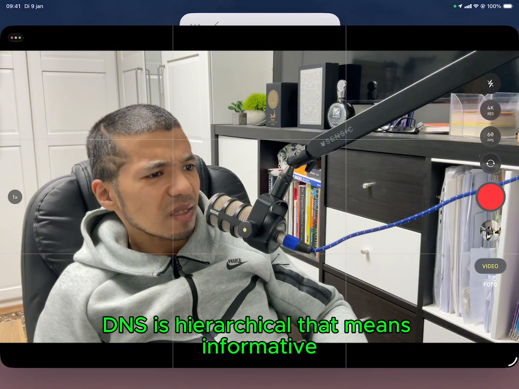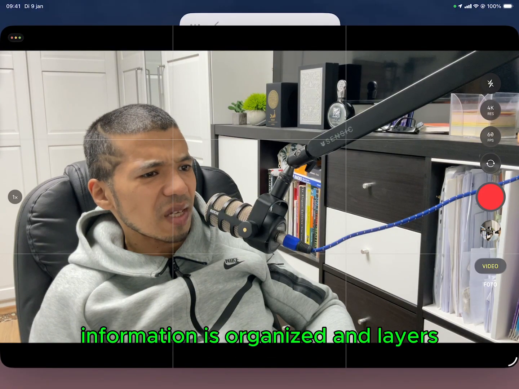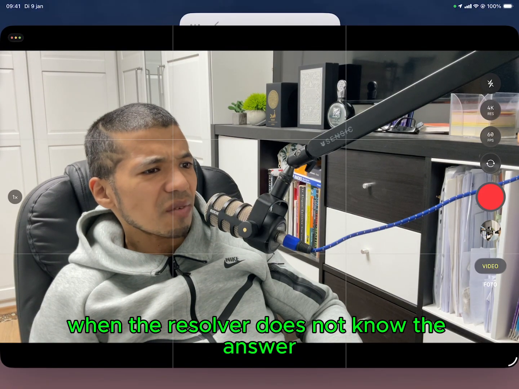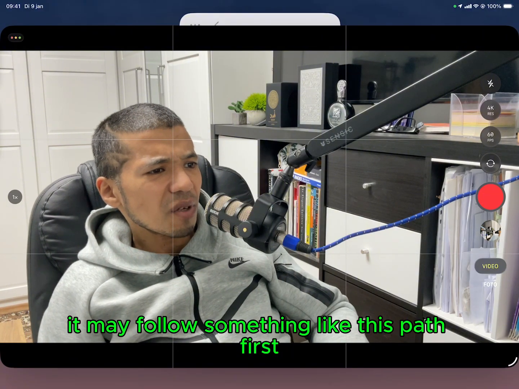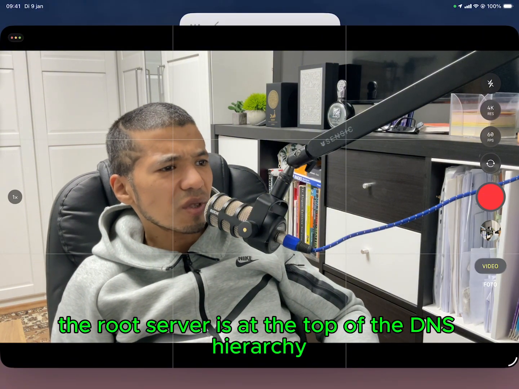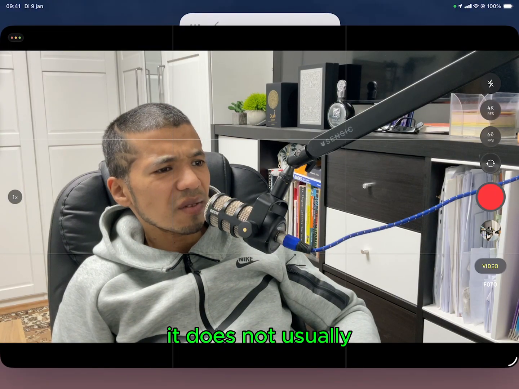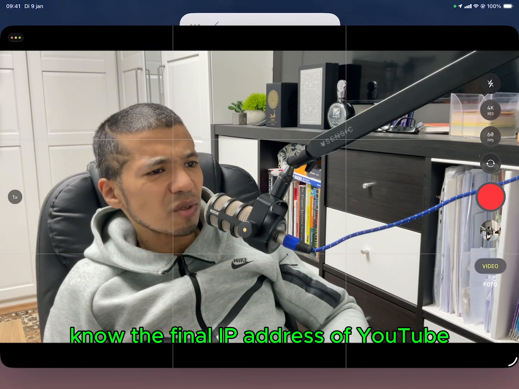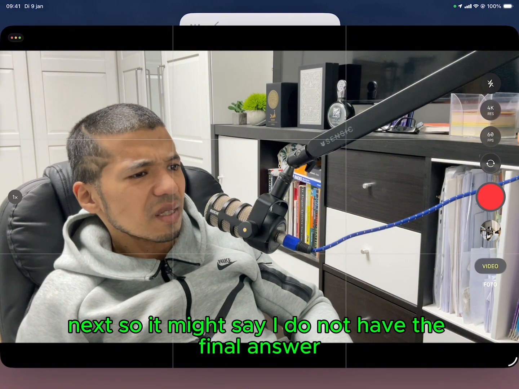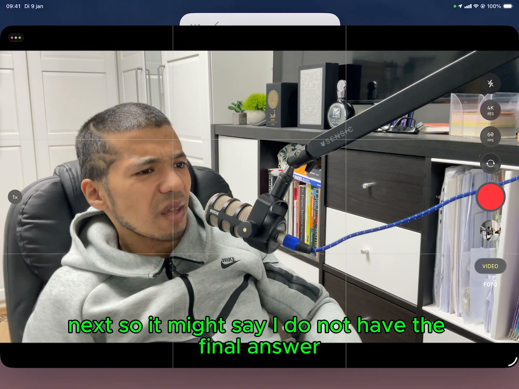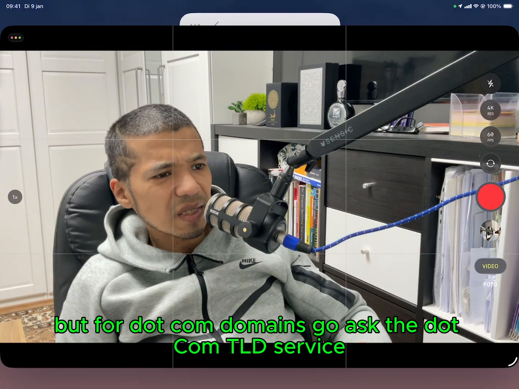DNS is hierarchical. That means information is organized in layers. When the resolver does not know the answer, it may follow something like this path. First, the root server. The root server is at the top of the DNS hierarchy. It does not usually know the final IP address of youtube.com, but it does know where to point the resolver next. So it might say, I do not have the final answer, but for .com domains, go ask the .com